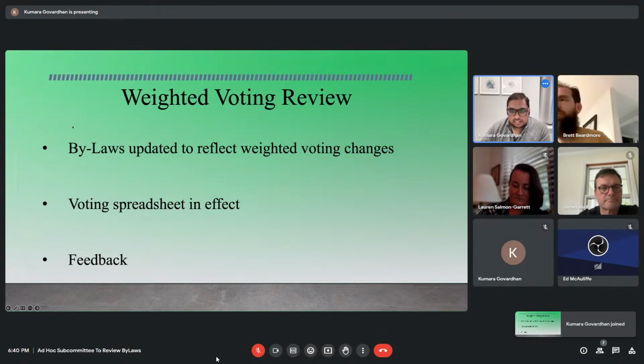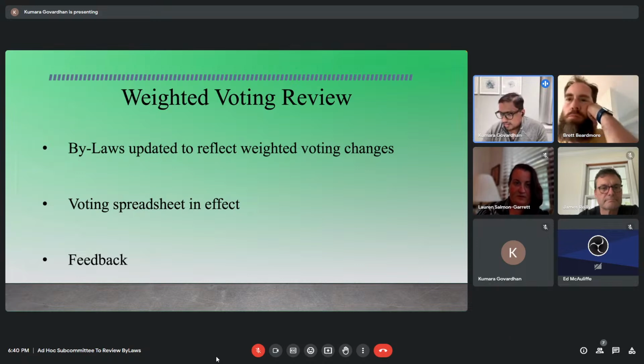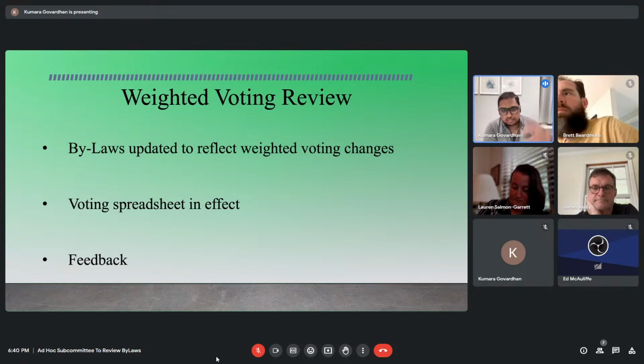All right. So moving along through the agenda, just want to check one quick thing here. So just to recap with weighted voting and our bylaws, we submitted them off to legal. The updated bylaw document is what we have on the portal online under school committee on the WRSC website. So those bylaws have been updated to reflect weighted voting changes. We have our voting spreadsheet in effect. And I know Randy's using it. Any other changes that come along or things they find issues with, I know they're going to reach out to Barry to tweak if needed.